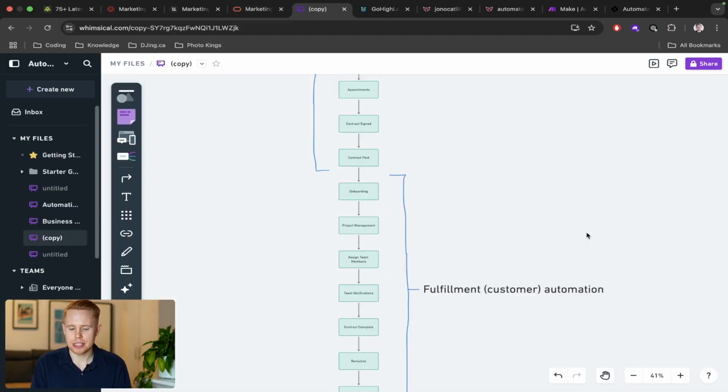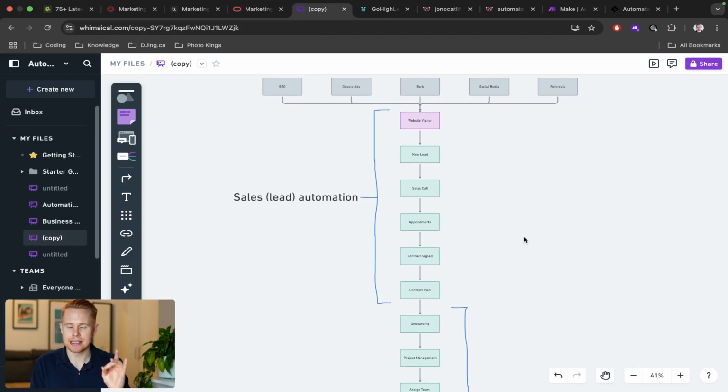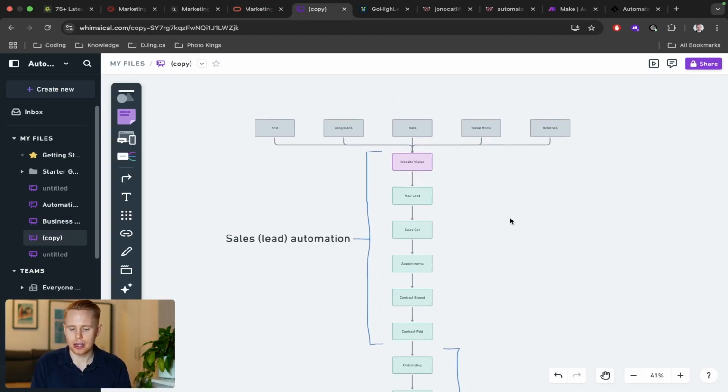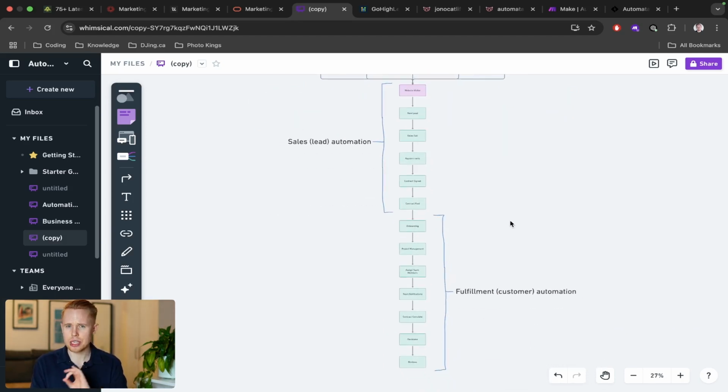Now, let's just break down practically what this looks like. This is a service-based business, specifically a service-based business. Typically, they all have the same style or process, and you can really break it down into 2 fundamental parts. Part number 1 is that every service-based business has some sort of sales process. And typically speaking, all of these sales processes act more or less the same way. Obviously there are slight nuances, slight differences,